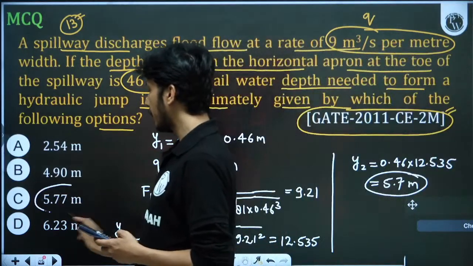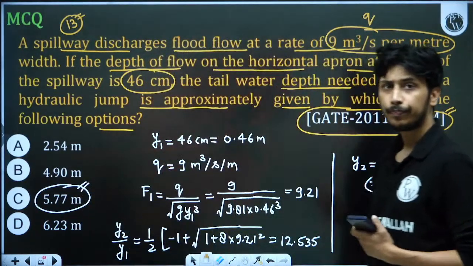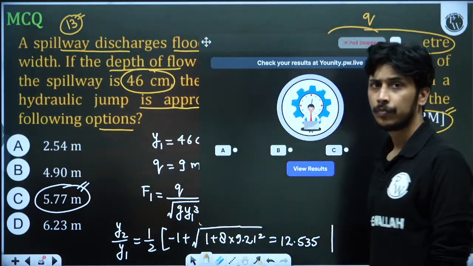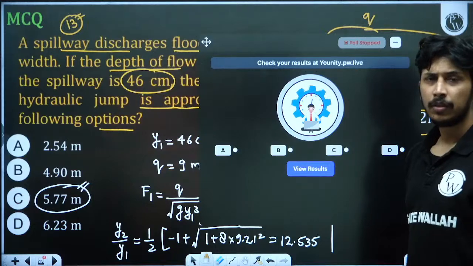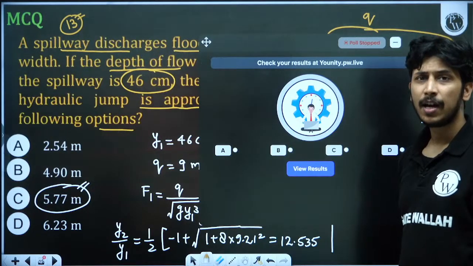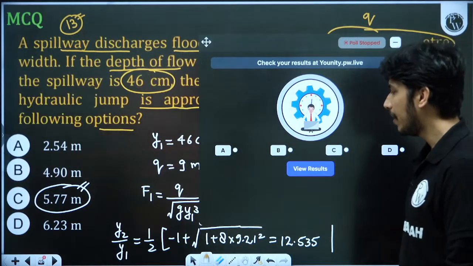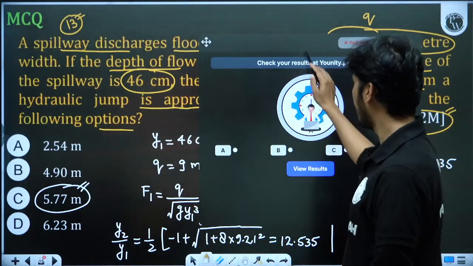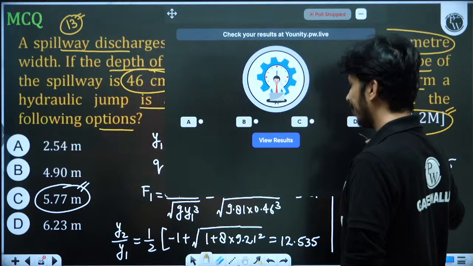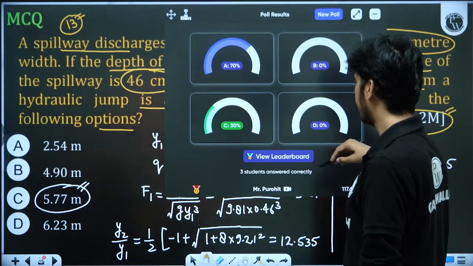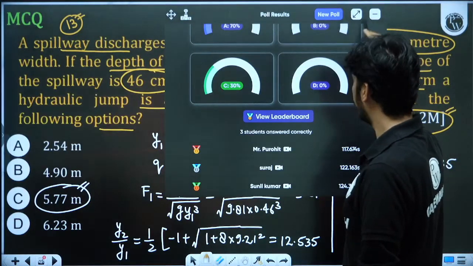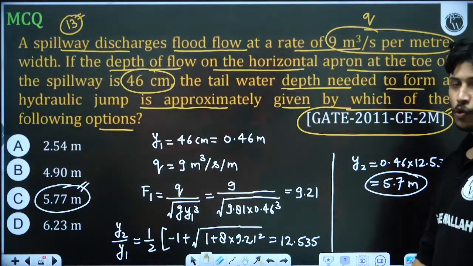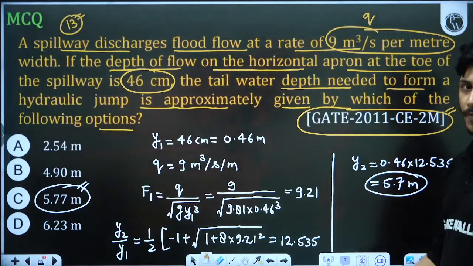तो नियरेस्ट आंसर आपका ये हो जाएगा, सी। सर वो q स्क्वायर वाला फॉर्मूला सीधे लगा सकते हैं? हाँ वो भी कर सकते हो, वही बात है। F स्क्वायर निकाल लो, यहीं से स्क्वायर करके अंडर रूट हटा दो, वो तो एक ही बात है, कुछ भी लगाओ, आंसर आना चाहिए बस। F स्क्वायर इज इक्वल टू q स्क्वायर अपॉन g y1 क्यूब से F स्क्वायर भी लगा सकते हैं।